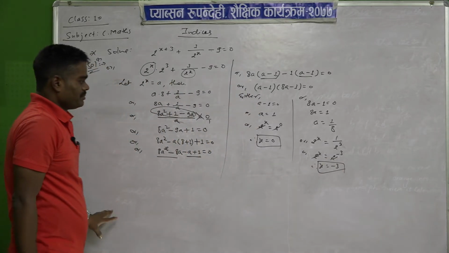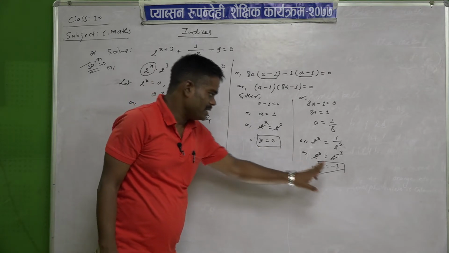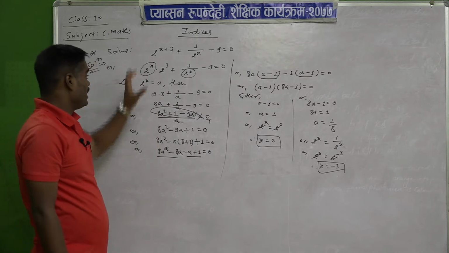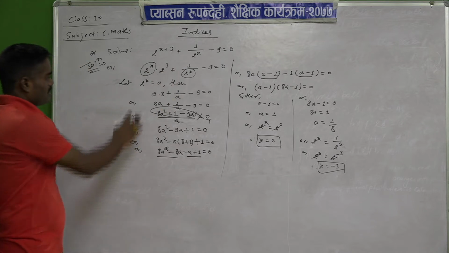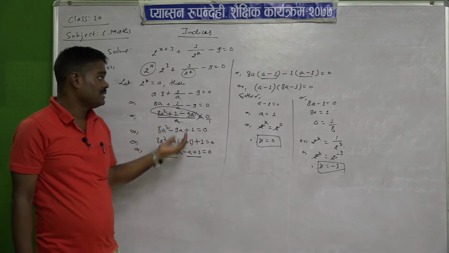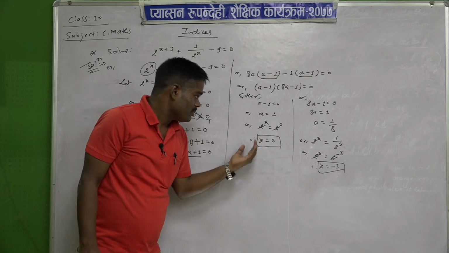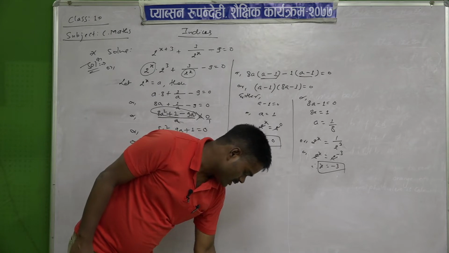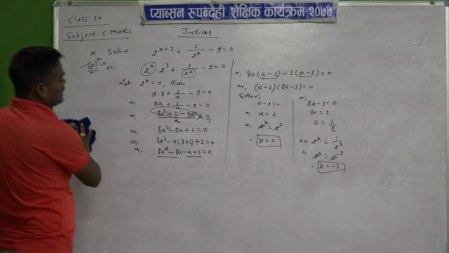In this way, we have got the value of x. The first value is 0 and the second value is minus 3. So, likewise, you have to solve like this. To make it easy, you have to suppose this common number with any alphabet, and then after factorizing, equate, and then keep the values we have supposed, and then we will get the answer. So, in this way you have to do this question. I think you have no problem in such questions. Let us see another question.